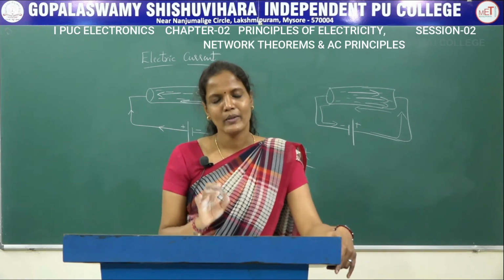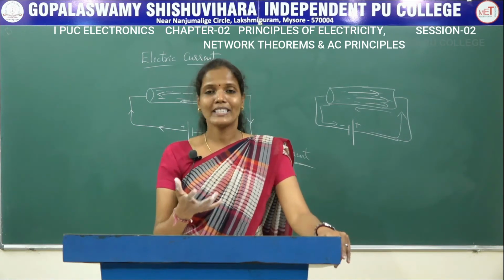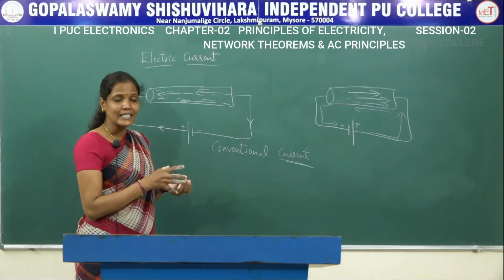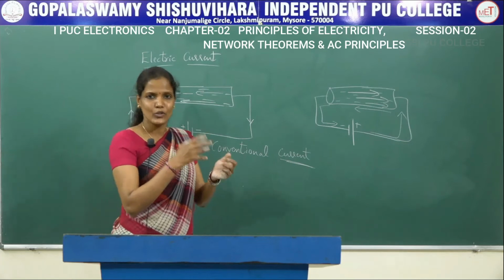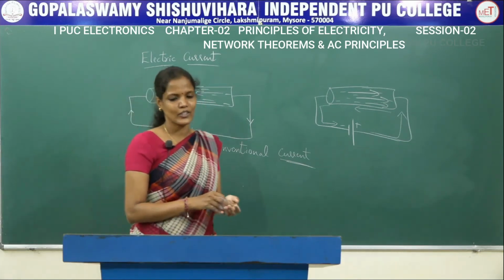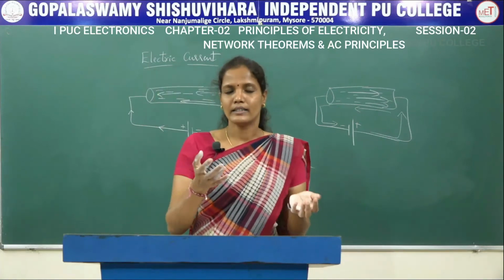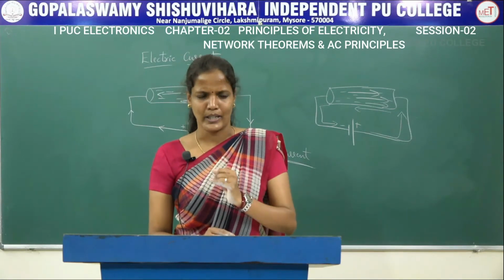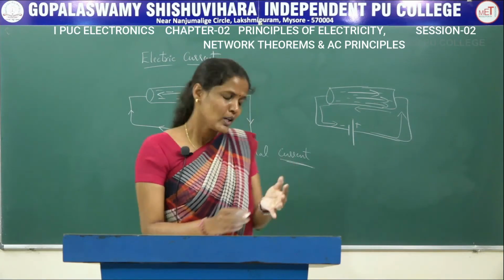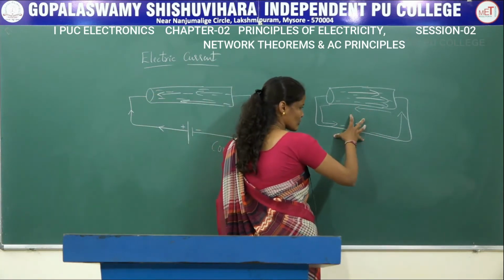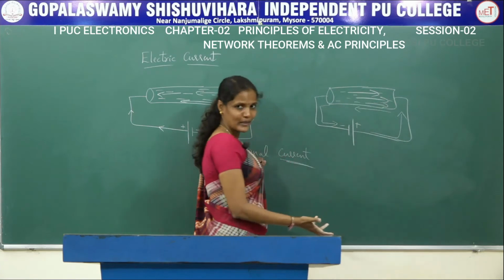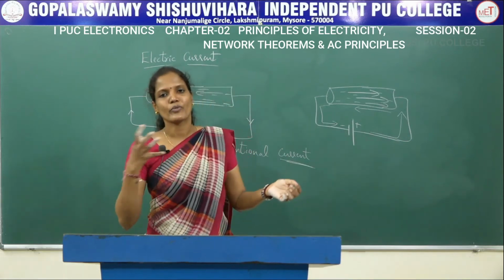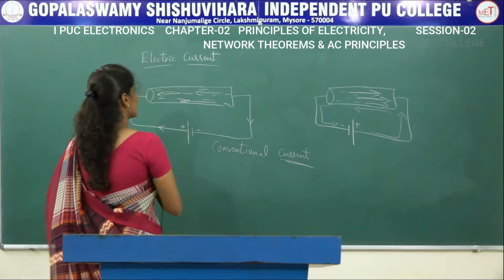Clear? Now we are going to see what is called the potential difference. So what is this potential difference? Potential difference is nothing but the work done in moving the electrons from one place to another place. When I say work done in moving the electrons, current is generated when the electrons flow from one point to another point, but electrons cannot move on their own. We need to connect some external source in order to move the electrons from one place to another place. That is, this source has to do some work in order to move the electrons from one place to another place. So what is this potential difference?